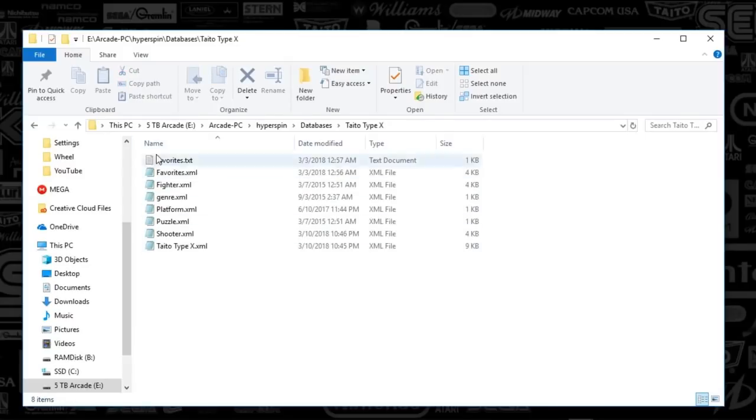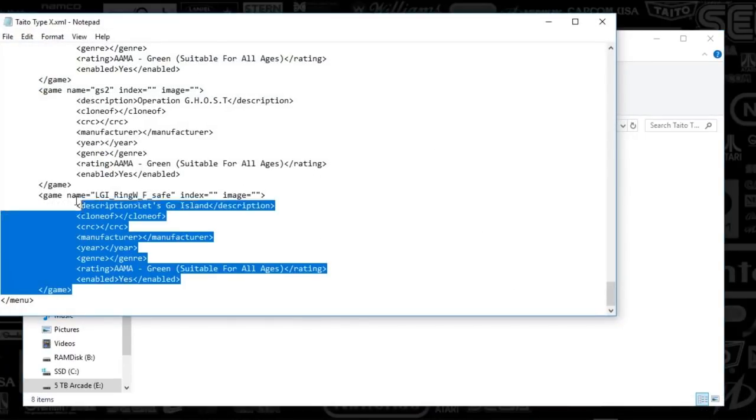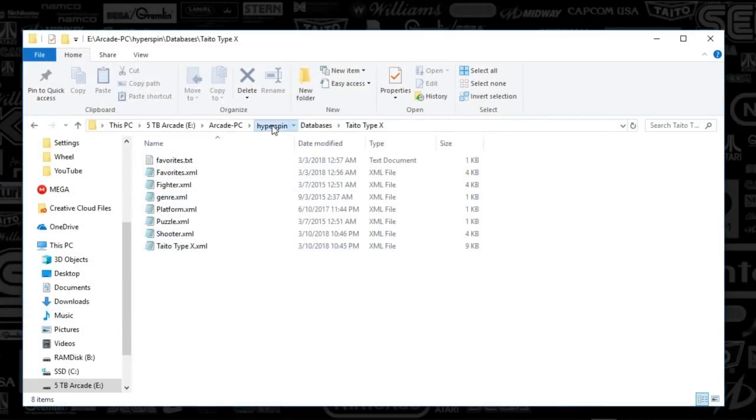So I've got everything lumped in under Taito Type X, and if you were to add a specific game, you could just add it to the bottom of that XML. So Let's Go Island, Operation Ghost, those are sort of light gun games, if you will. Those are pretty cool. So I'm going to go ahead and close this out, and we're going to start getting